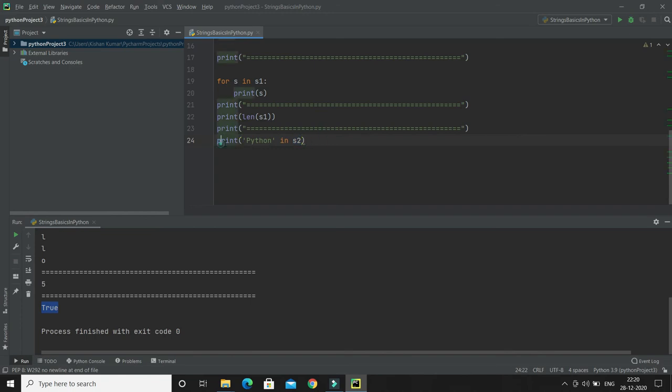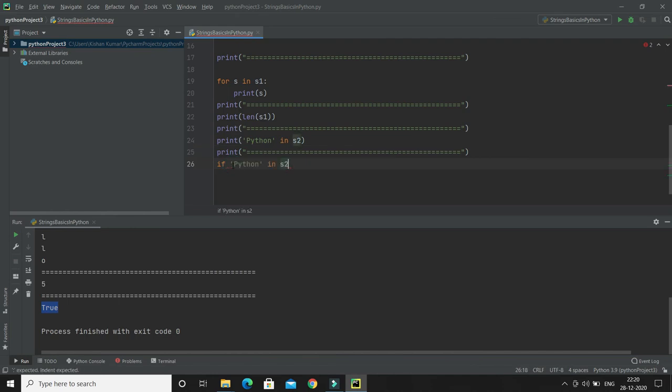Of course you can use this in an if condition as well, or wherever you want to write a conditional statement, if, else if, or you can use it in a loop as well. So let me show you. I can specify this condition in the if.